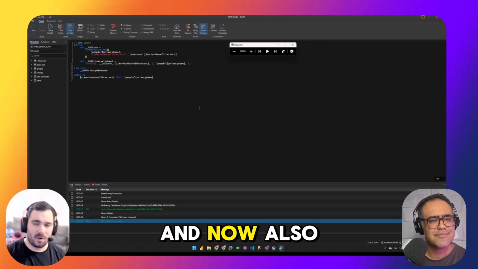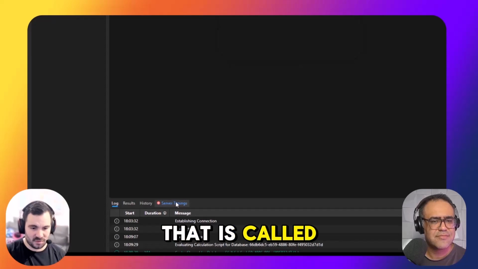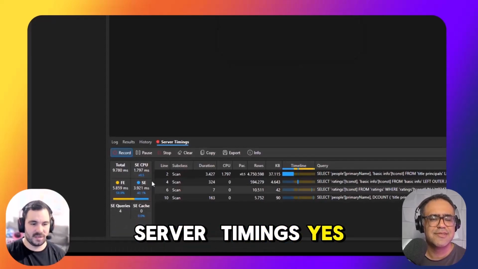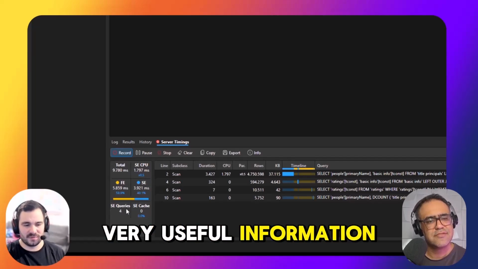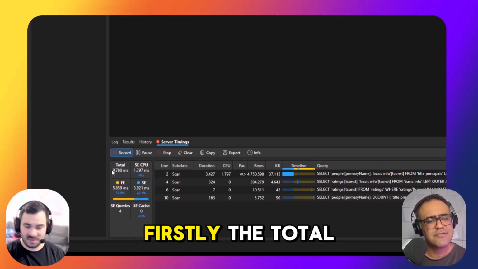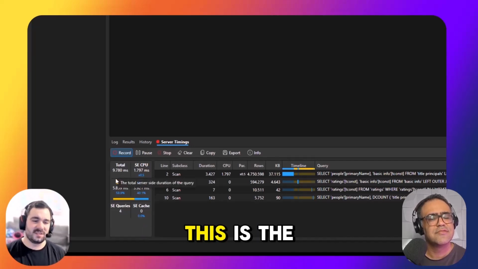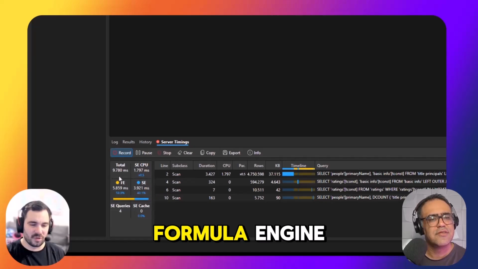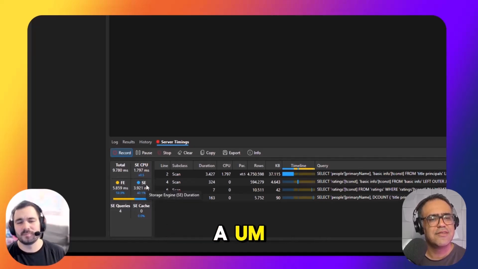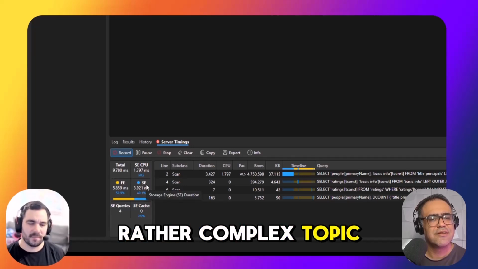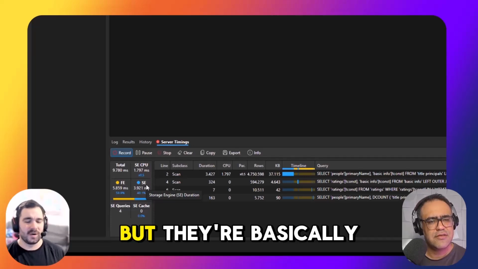And now also I can see that we have a little tab here that is called server timings. Yes. And down here we have some very useful information. Firstly, the total. So this query took around 10 seconds to finish. This is the sum of the formula engine and the storage engine. This is a rather complex topic that I'm not going to go into detail now because of time, but